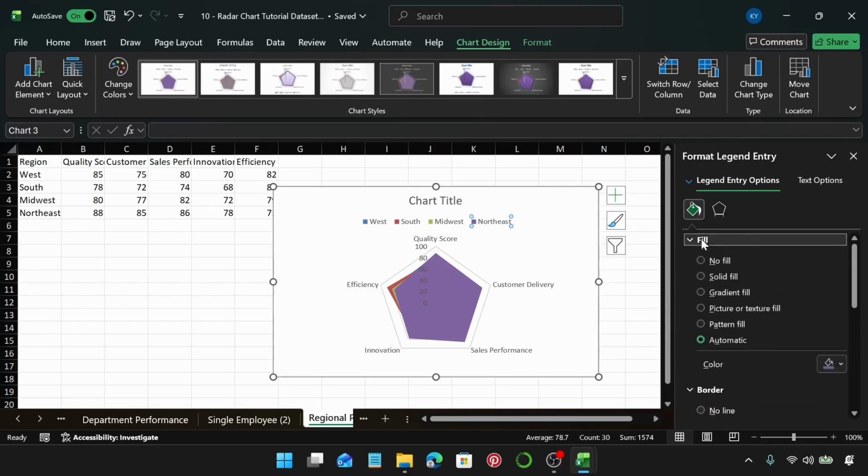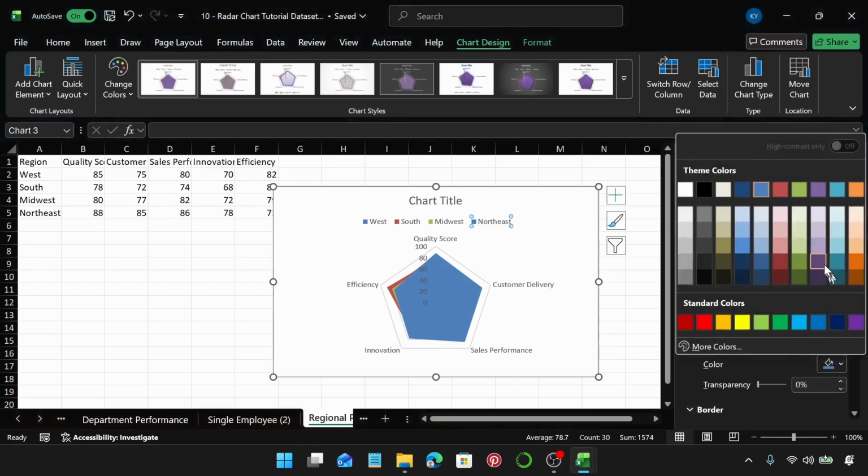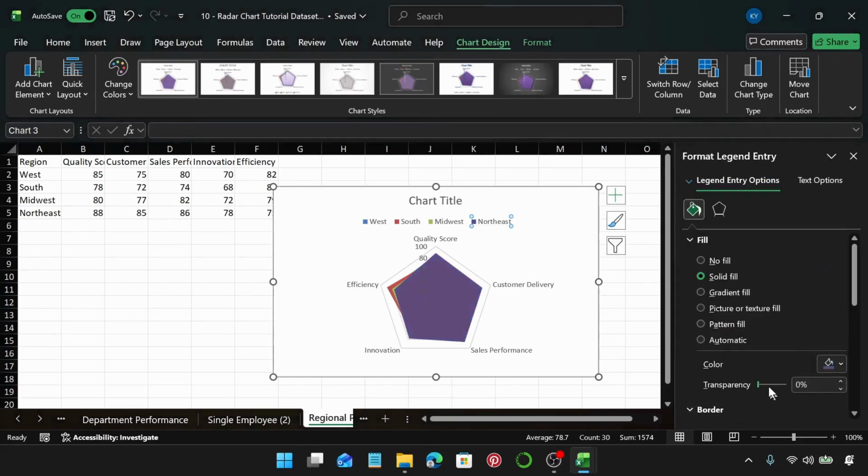So what I'll just do is select solid fill. It's going to change color based on whatever settings I have, or maybe I could change it back to that purple color, which is I think this, and then we can make the transparency 40%, and now you can see through this one. Now you can just see a bit of this one. Let me select the next one,